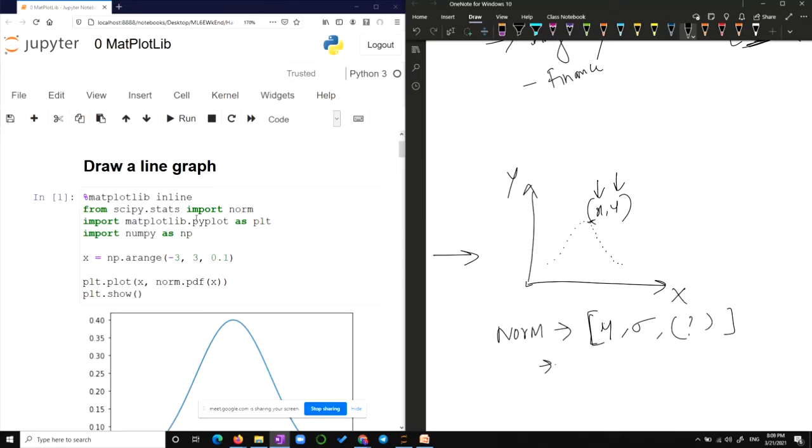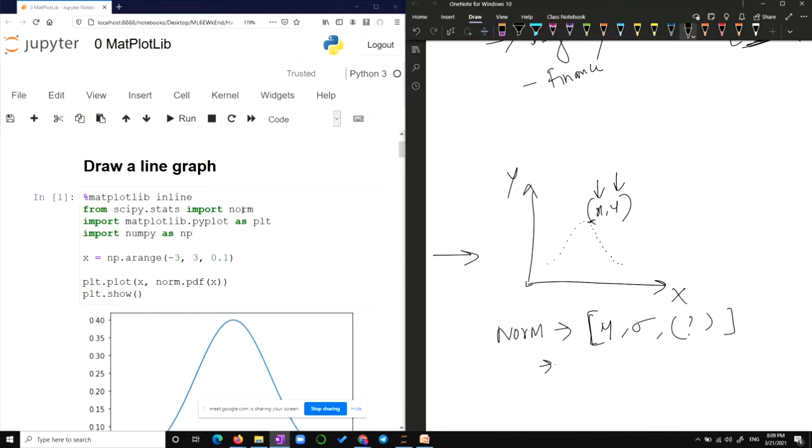So import matplotlib.pyplot as plt, and from scipy.stats import norm. Your scipy.stats package was addressed, and then in that there is something called norm.